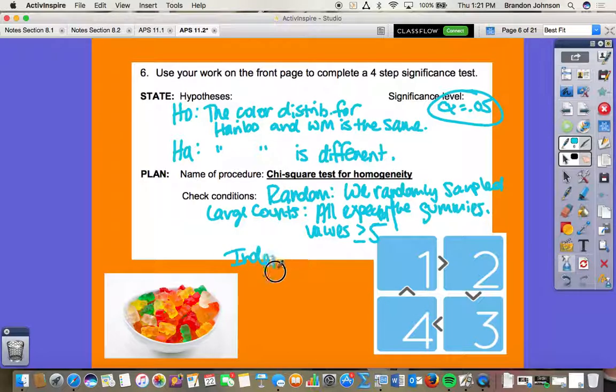And then independence. This is a little bit different. I know that we're still up in the air of when we use this. I've seen some use it, some not use it within my conditions. I'm going to put it down here for now and provide a little bit more feedback on when we use it. But right now we're just going to state that the Haribo total sample, which was